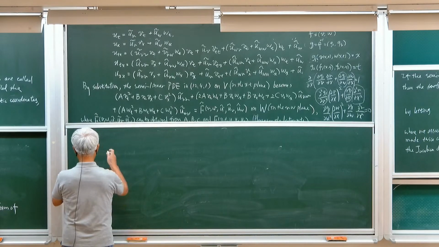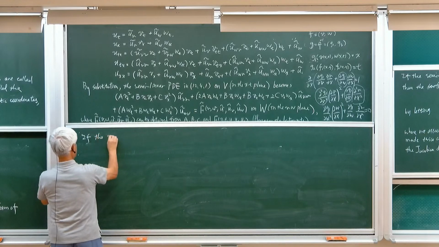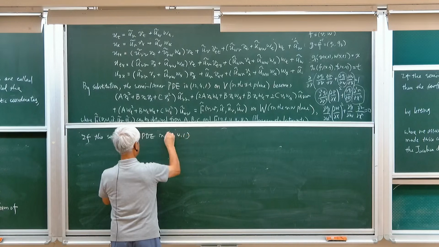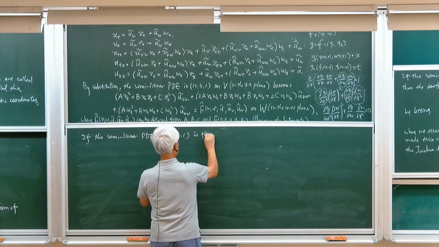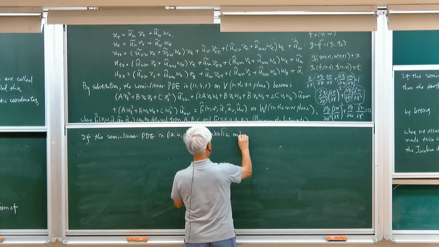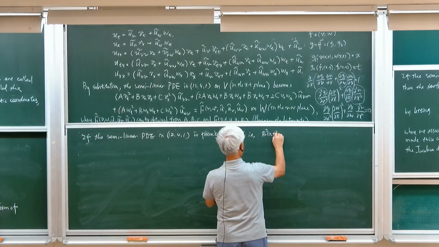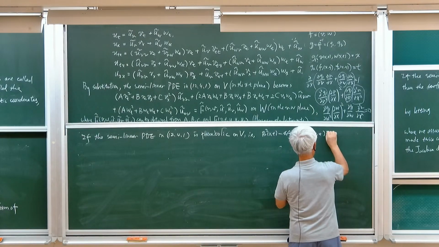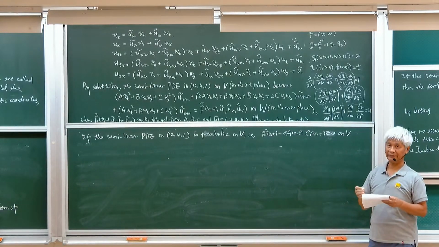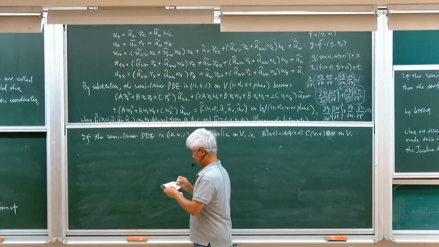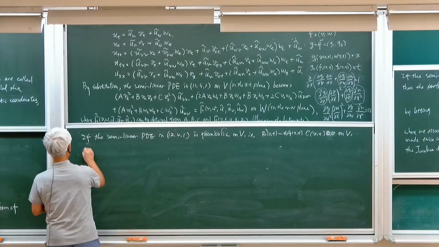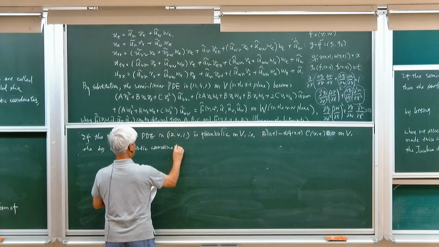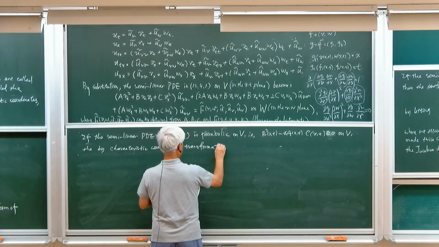Okay, so if the semi-linear PDE in 12.4.1 is parabolic on V, i.e. b square (x,t) minus 4a(x,t)c(x,t) is equal to 0, or identical to 0 on V. Right, so this is 0 for every point (x,t) on V. Okay, in this case, then by characteristic coordinate transformation,